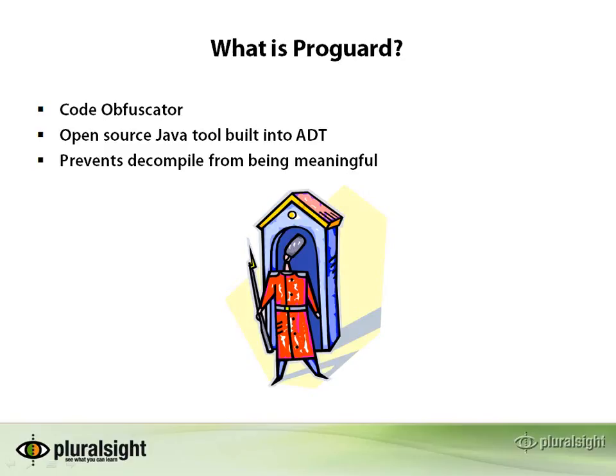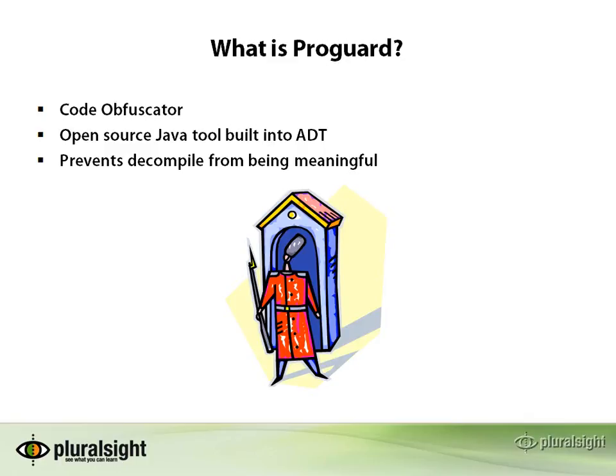So now that we've got our application signed and ready to be deployed, we're still going to want to look at one more thing here, which is securing the application. Now, one step that we neglected when we did the signing and when we did the export from Eclipse was obfuscating our code or securing it in any way. What we're going to talk about right now is a tool called ProGuard, and what it basically is, is a code